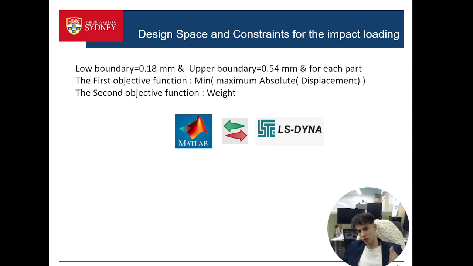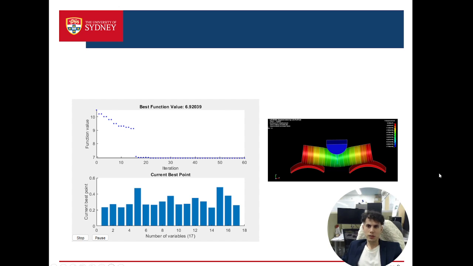And again, we do it more than 60 times, and this will be the results. We have conducted the runs around 60 times. It takes around 2 weeks for a simple computer at the university, and you see that for each section